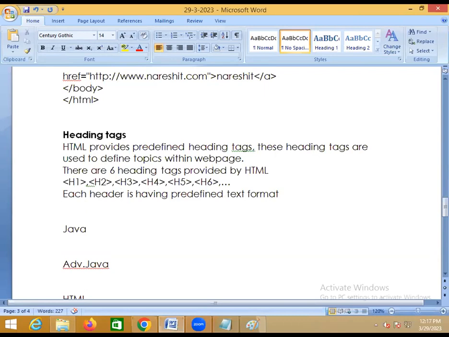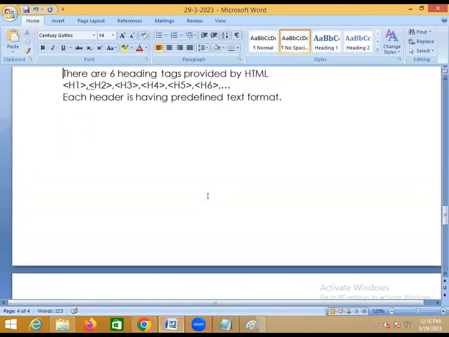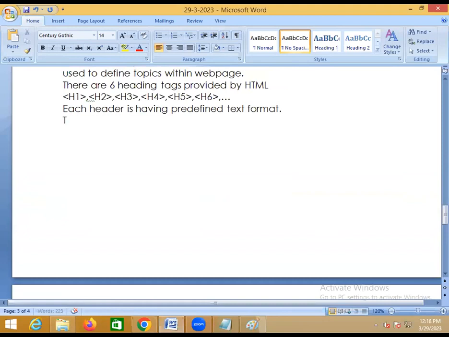Now you don't need to define that. Each one has its own font name as well as font size. You don't need to define that, but if you want to change it, you can define it with the help of CSS. You can define the font name, font style, font color, everything. But these heading tags play an important role